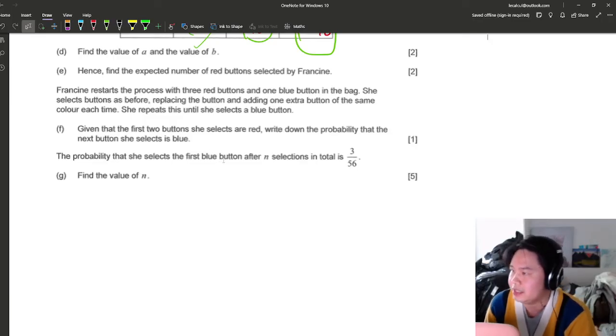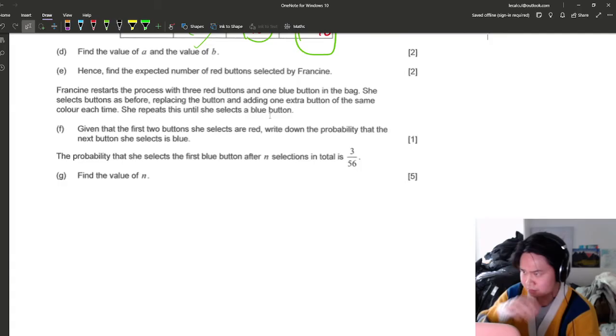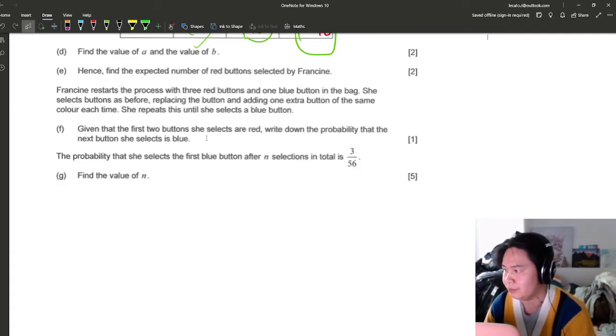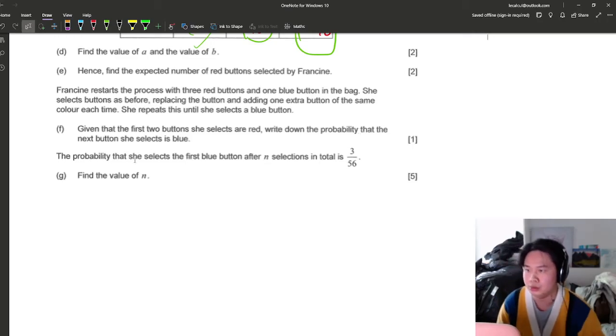Okay. Francine restarts the process. 3 red, 1 blue, same thing. She selects the buttons as before, but oh, she stops once she gets a blue one, right? So given that the first 2 buttons she selects are red, write down the probability that the next button she selects is blue. So